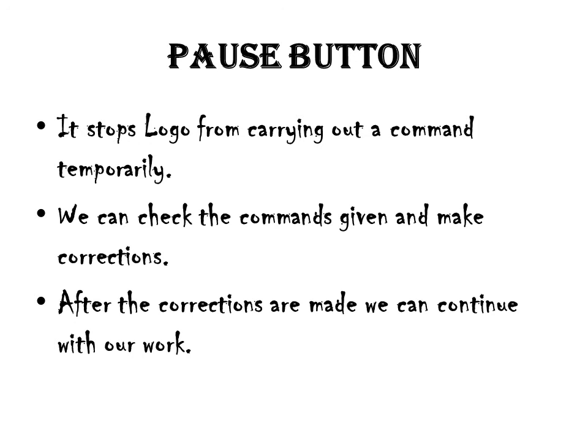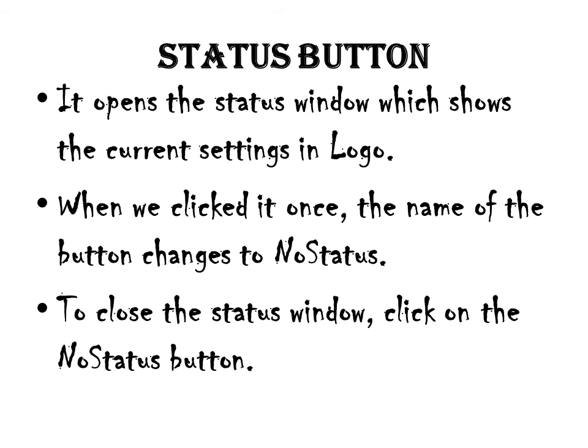So let us see the components of MSW logo screen. At the top you can see the title bar, which is given as the title MSW logo screen. So below the title bar we can see the menu bar. Different menus are available: file, bitmap, set, zoom and help. And in the middle it is the main screen. The white area is the main screen. First is title bar. It shows the name of the software, MSW logo, and it also has the minimize, maximize or restore button and close button.